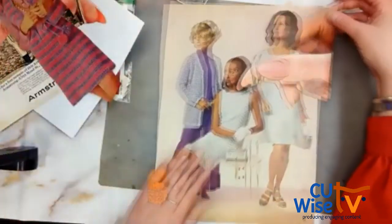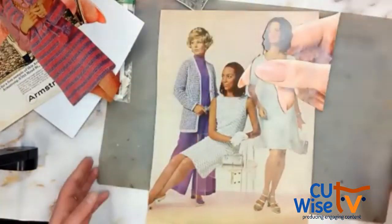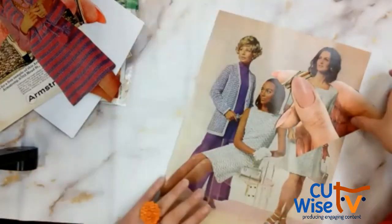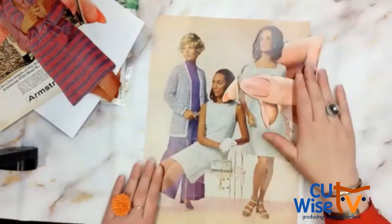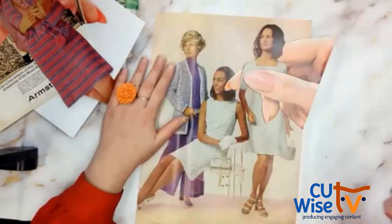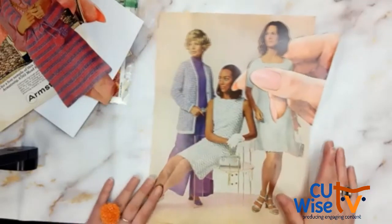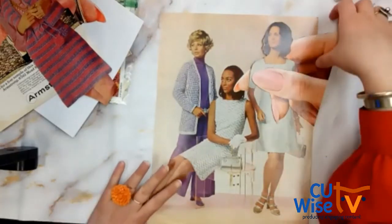I've got this little piece I created on the fly earlier today for you. For me here, I'm alluding to the fact that maybe this giant hand is going to pluck this person right out of the page, which to me is interesting. It's fun. You look at it and you're like, what's going on? Why is that person pulling this lady out of the group? So to do something like that,